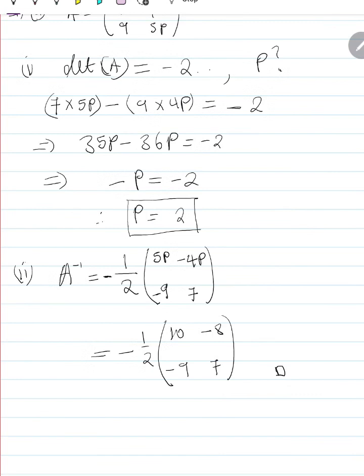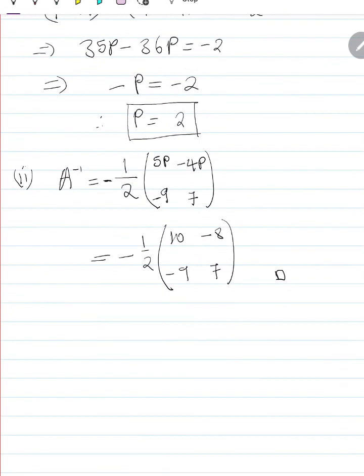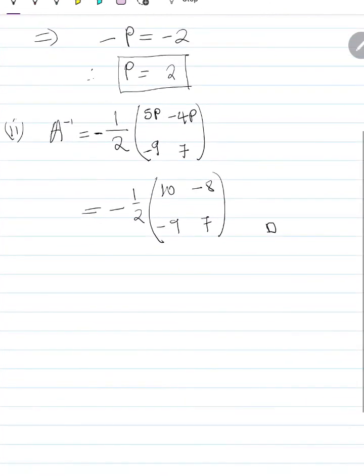All right. So you can just leave it like this. You don't necessarily need to simplify it any further. Okay, B. So B says